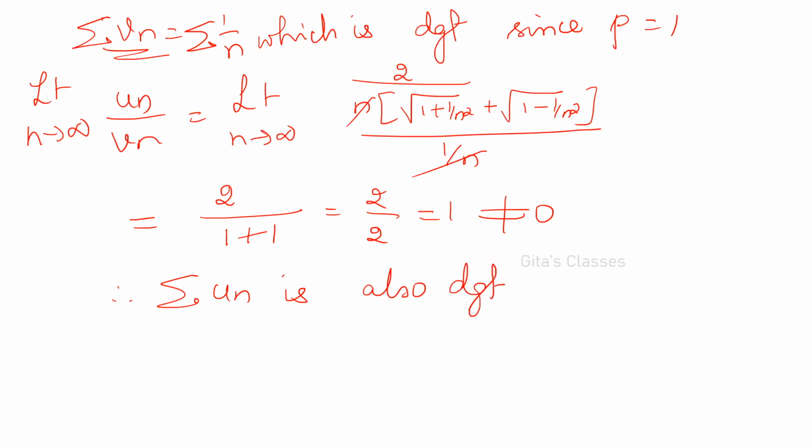Actually, your aim is to find out the nature of the given series. For that we are assuming one more sigma vn and comparing with it, taking it from the given problem itself. Now one more question, I think I can give it as homework. Test the convergence of sigma n varies from 1 to infinity, 1 by n cube into n plus 2 divided by n plus 3, the whole power n. I think better I will only do it.